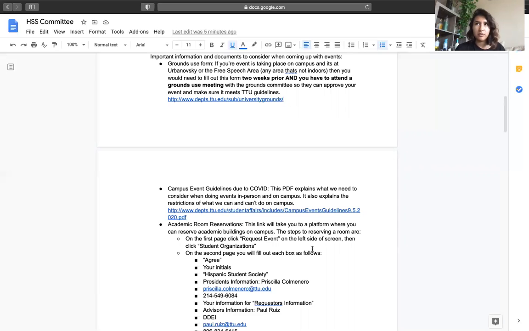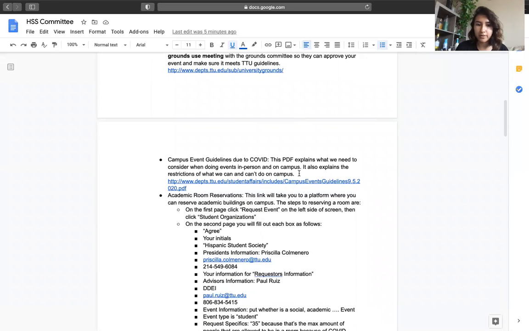If they don't accept what we have planned, they tell us what to change, and we have to change that and consider whatever they're telling us to do. You have to submit that 2 weeks prior to your event, because they have to review it and send you a day to come to the committee meeting, and to make sure we have enough time to consider what they tell us. So that's the link. Just go to it. You'll see the ground use form and other stuff when considering making an event on campus.